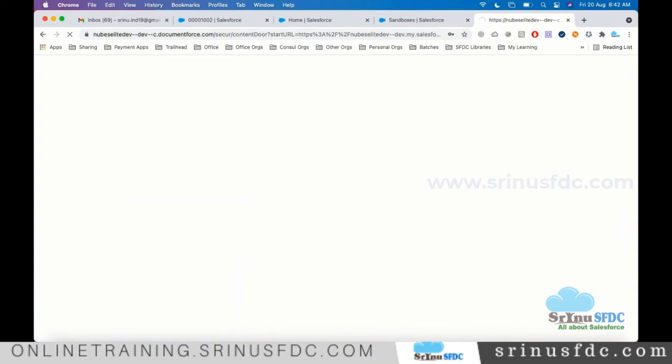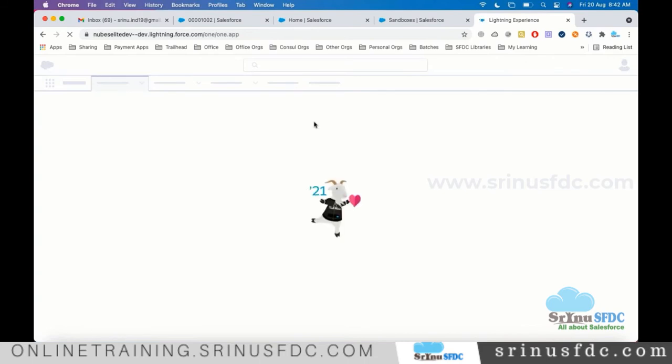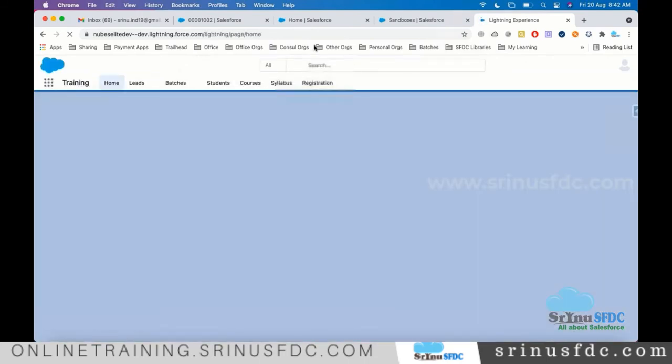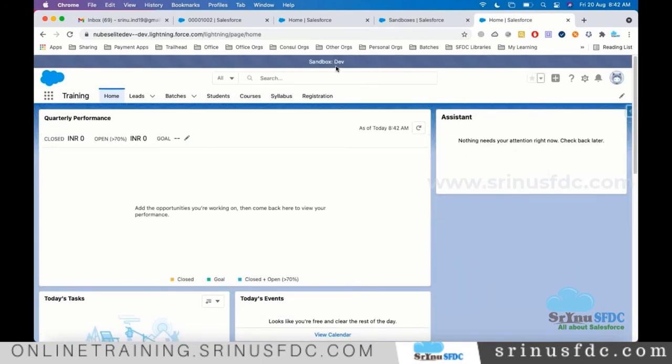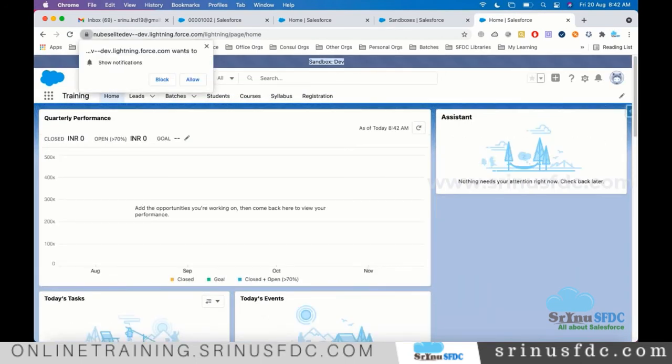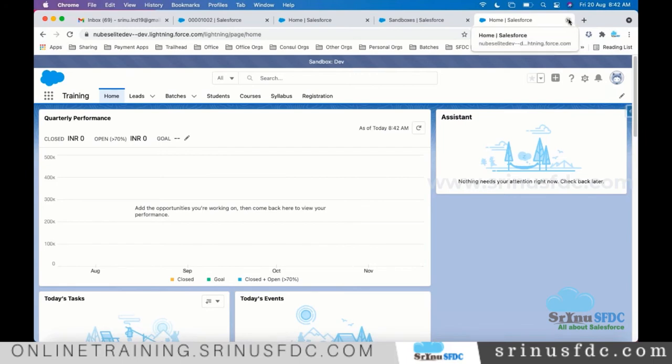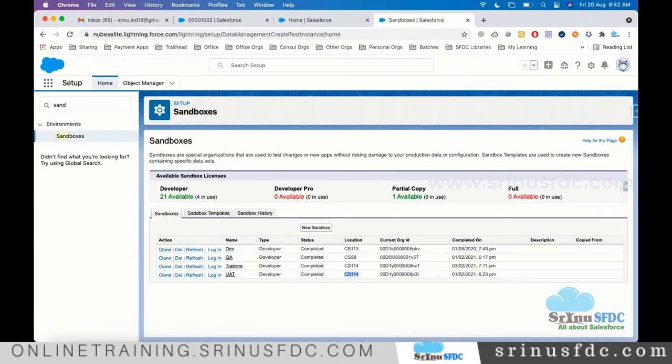It also looks the same, right? Nothing special. Only the difference is on top. You see maybe one of the messages like "dev sandbox". That's it. If you log into QA, you see "sandbox QA" like that. So nothing more than that. Okay. So even though you don't have access to the sandbox creation and all these things, really no need to worry. Okay. This is a one-time job. Anyway, I'm showing how we do that. So just if you know how it looks, that's fine.